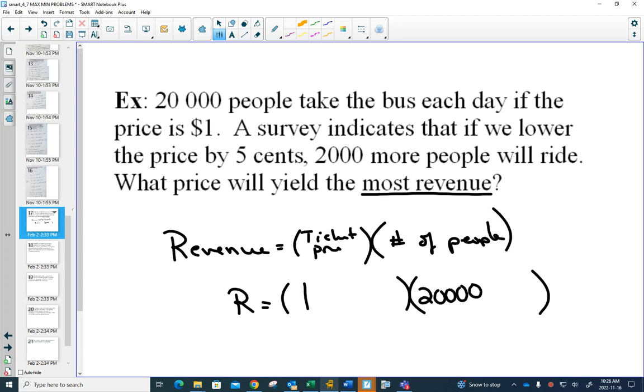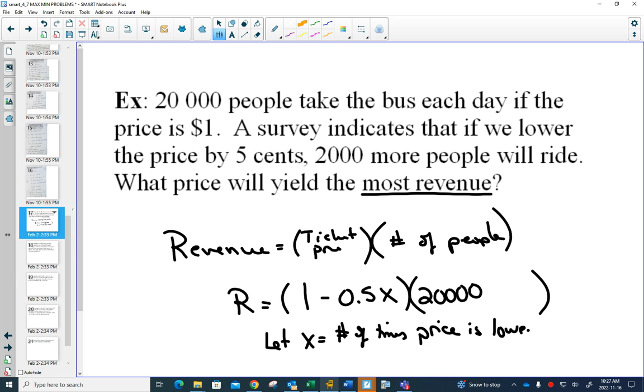But for every time that you lower the price by 5 cents, so I'm going to take off 5 cents x amount of times. So down here, I'm going to explain that x equals number of times price is lowered by 5